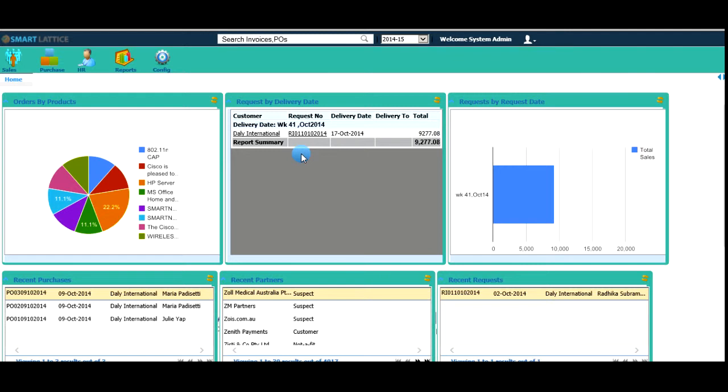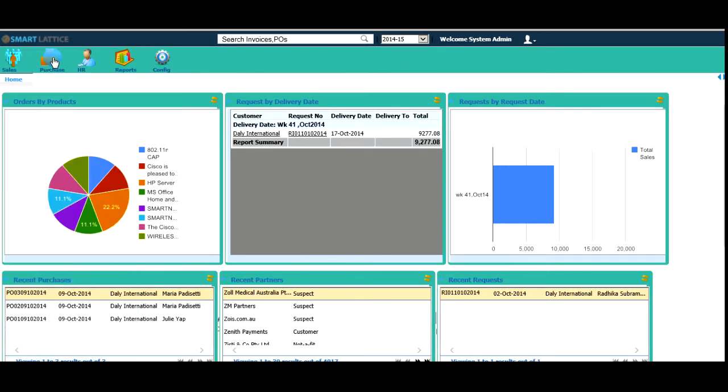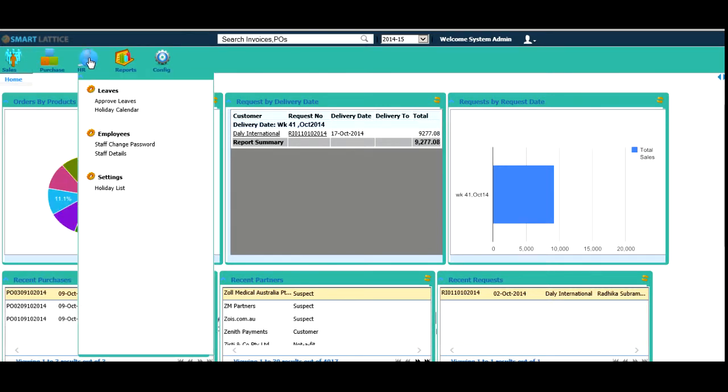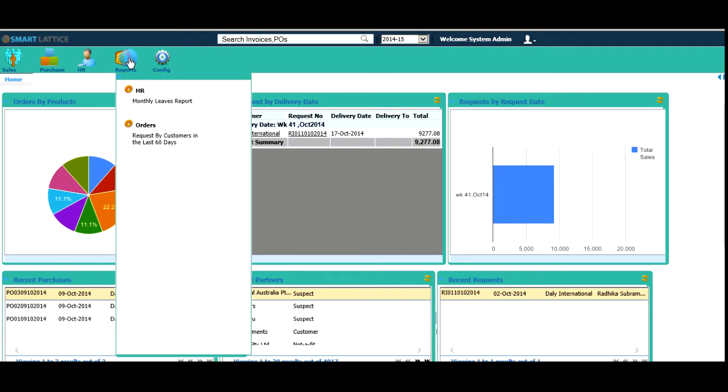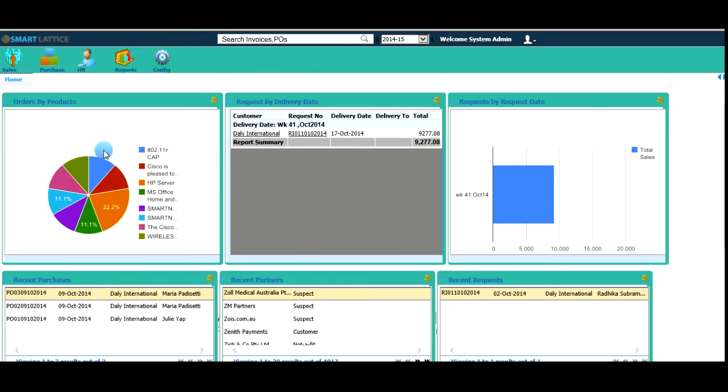I'd like to take you through the application once, so that you have a basic understanding of what we are trying to achieve here. Basically, the whole thing is divided into sales, purchase, HR, and reporting. Finally, configurations. What you see initially when you log in is a dashboard,